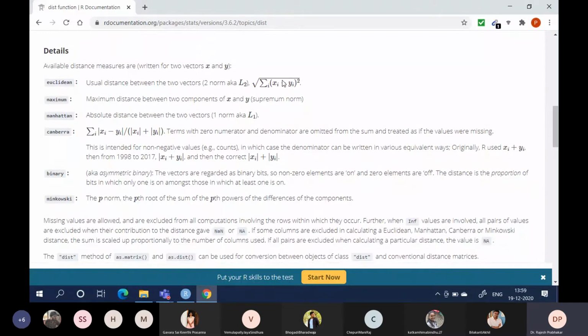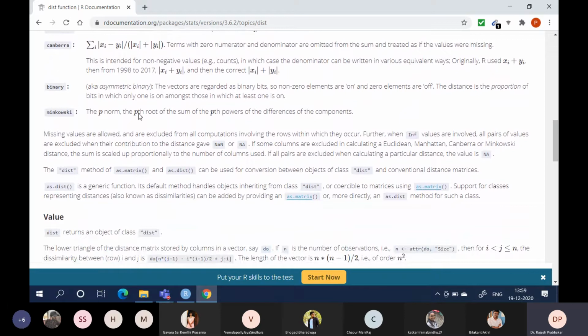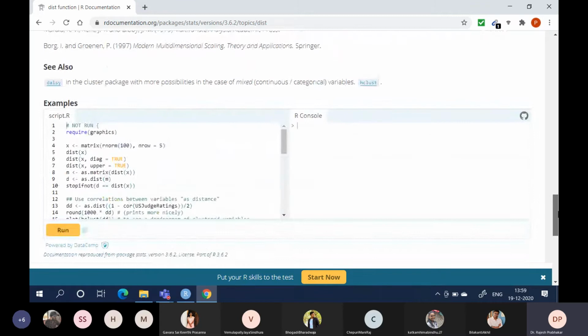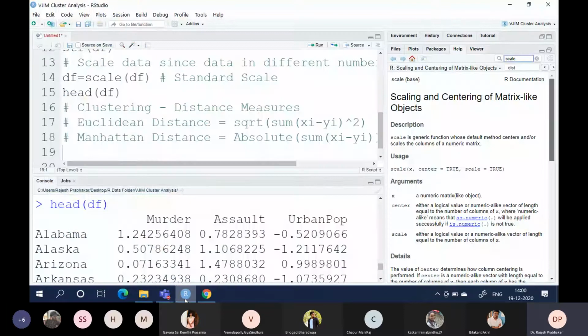This is the Euclidean formula, Manhattan is the absolute of this, and Minkowski is the pth root of the sum of pth powers of the differences of components. So we need to first calculate the distance between things. There are also correlation based distance functions, but we don't use them much. They are used more in an academic context.